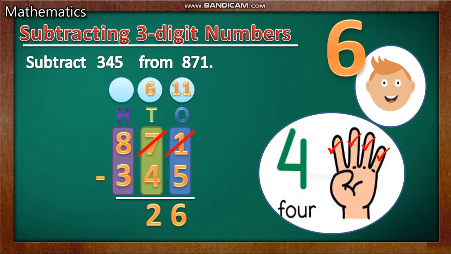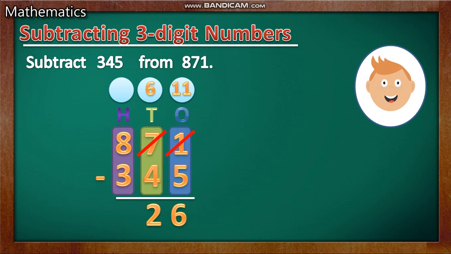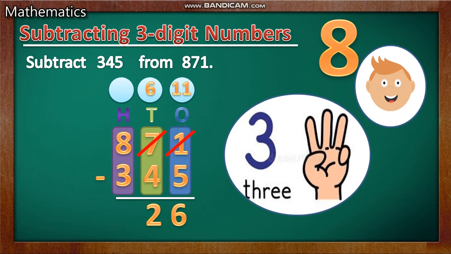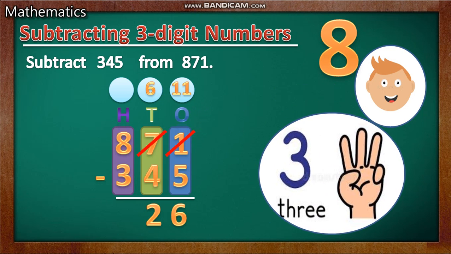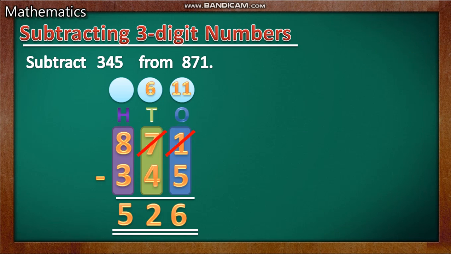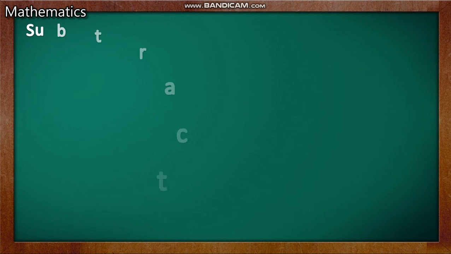At last, let's do 8 minus 3. 8 in your mind, 3 in your hand. Count back. 8, 7, 6, 5. Here 5 is the answer. It is the final answer. So draw 2 lines. Okay, I'm going to do one more question, that is subtract